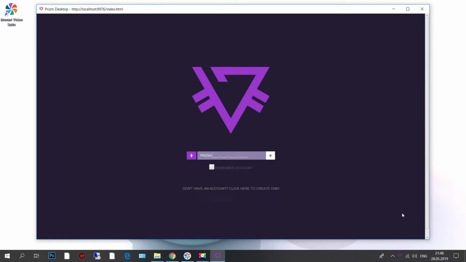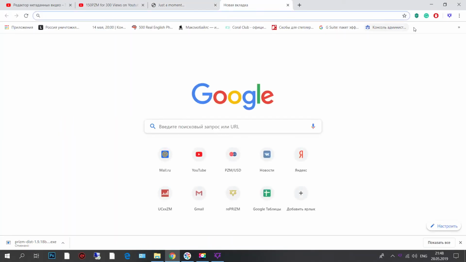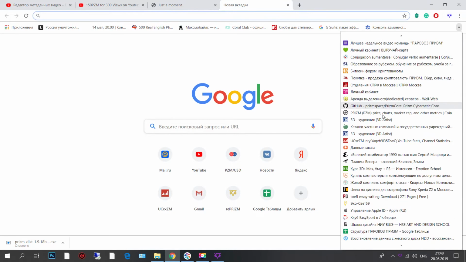Let's try to write down some random PRIZM wallet. Oh no, it does not exist. Try again. Oh no, it does not exist. So now we go to the structure of